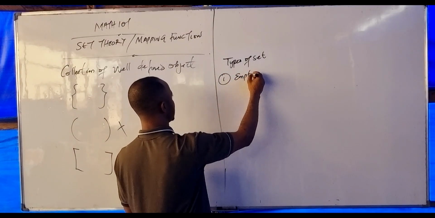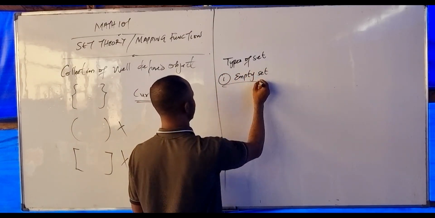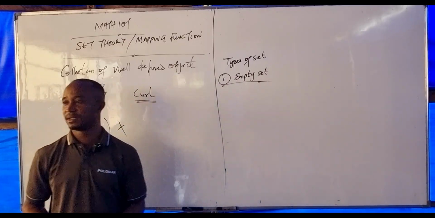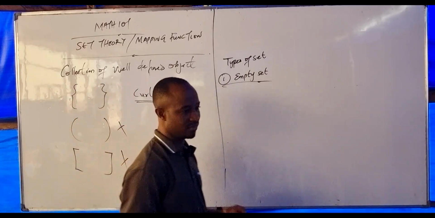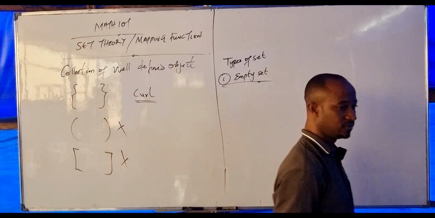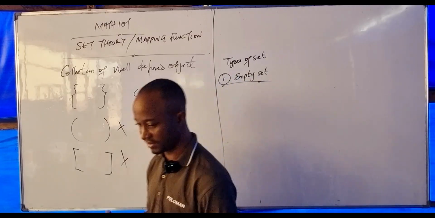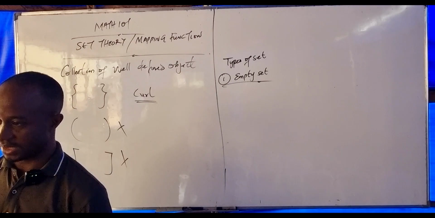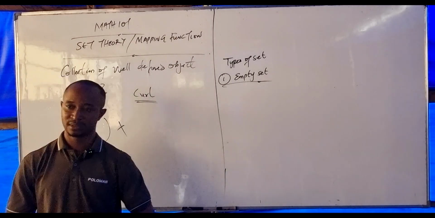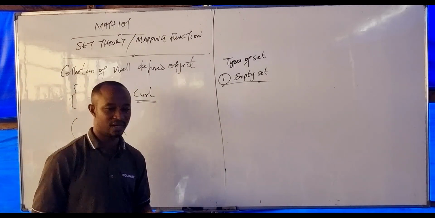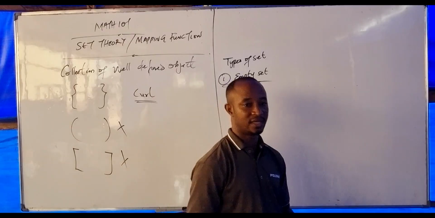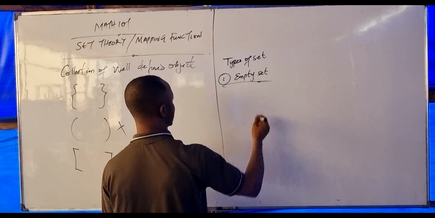What is the first one? An empty set. Please write: an empty set is a set that has no elements. A set without any element is called an empty set. So the symbol for an empty set